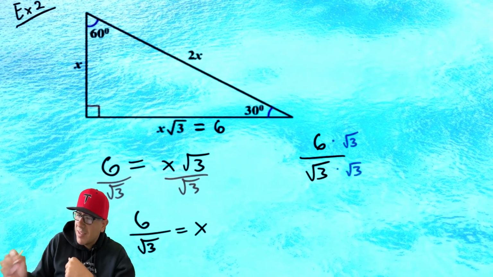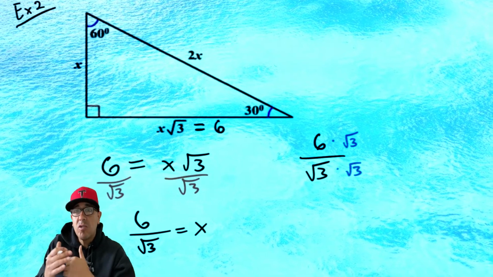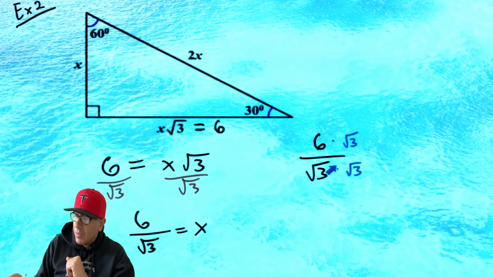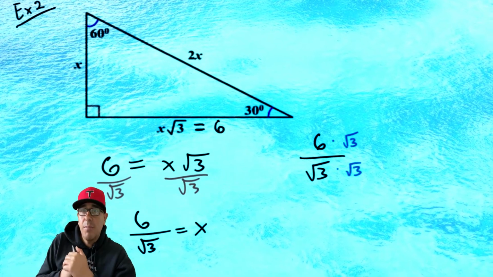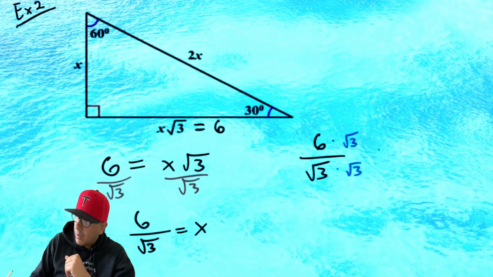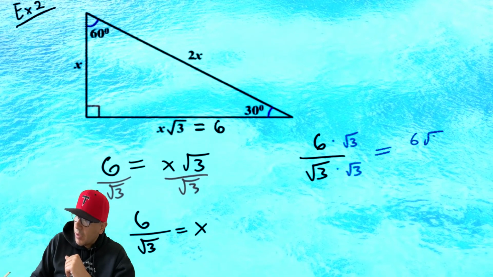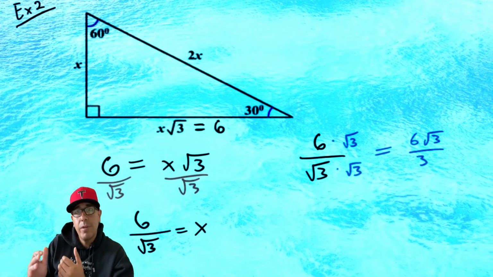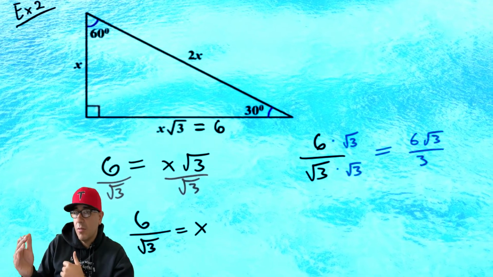And again, this is going to rationalize our denominator. It's going to get rid of the radical in our denominator. All right, so let's go ahead and do that. And we end up with 6 root 3 over 3, right? Because the square root of 3 times the square root of 3 is the square root of 9, which equals